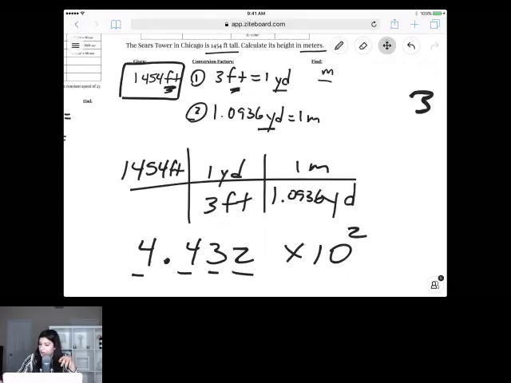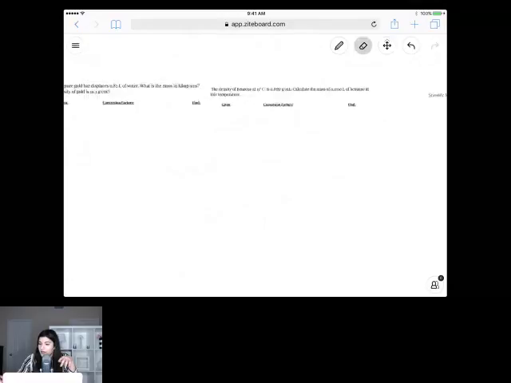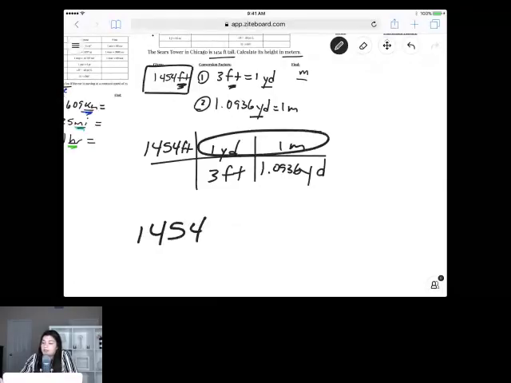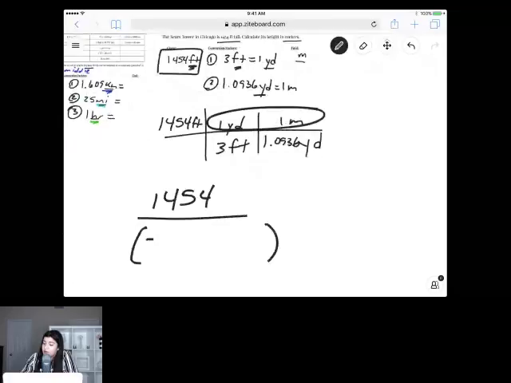So can you please show how to plug in on the calculator? Diana, sure, absolutely. So let's see. So what I did, Diana, was I multiplied 1,005, really, we don't have to multiply it by 1. Okay, so that's going to be on top. And then this is divided by, I'm going to put parentheses on the bottom, and I'm going to show that it would have been 3 times